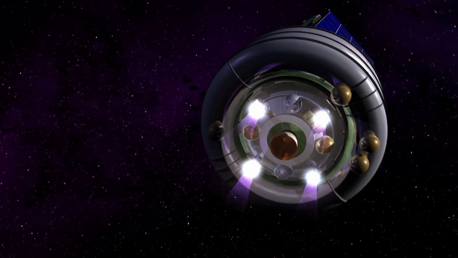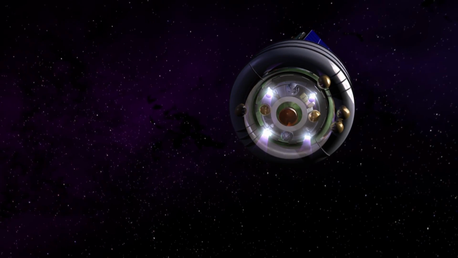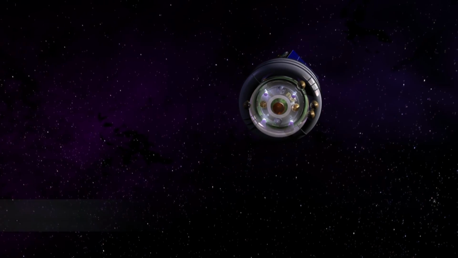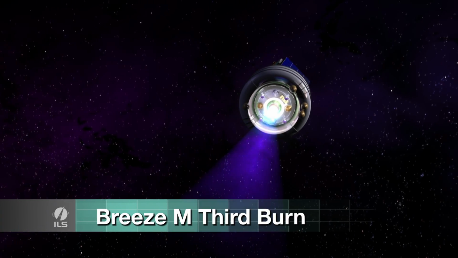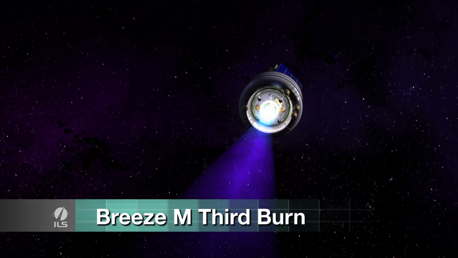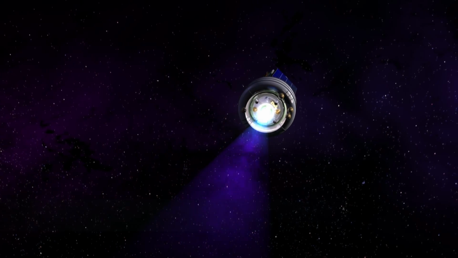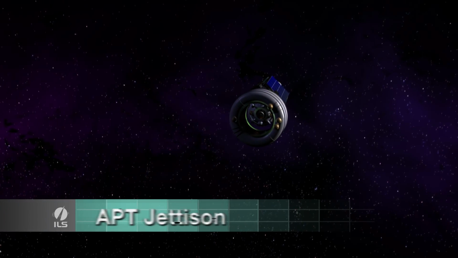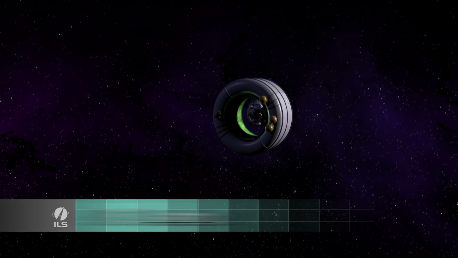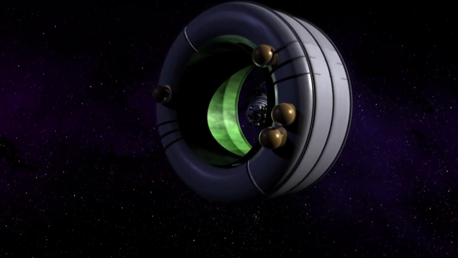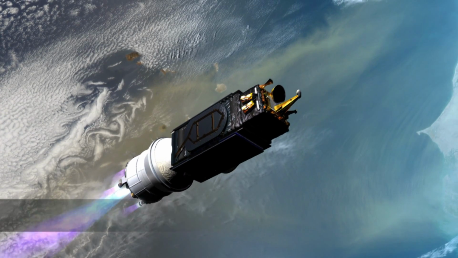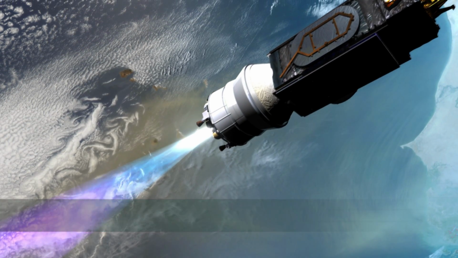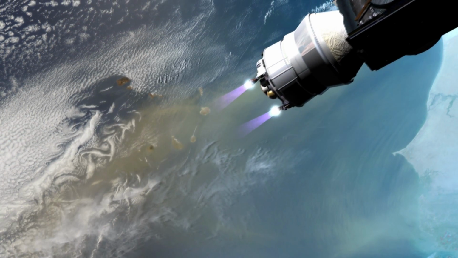1 revolution later, the third and fourth BREEZE-M burns occur to create the transfer orbit. These 2 burns, separated by the jettisoning of the auxiliary propellant tank, greatly increase the apogee to closely match the geosynchronous altitude, making the orbit more elliptical and maintaining the equatorial plane perigee location. Both burns add up to 17.5 minutes and span from South Pacific, 200 miles west of Santiago, Chile, to 300